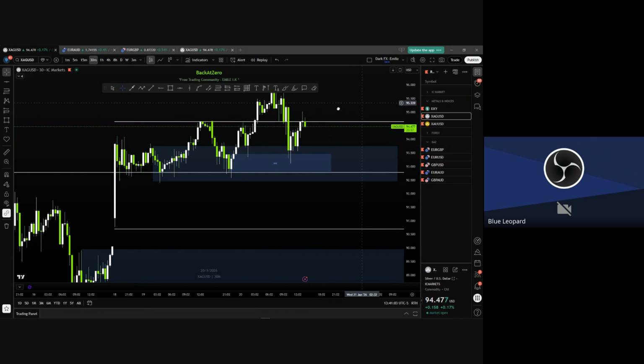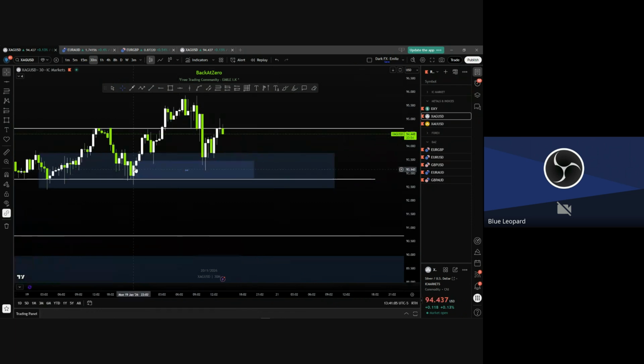Why? Because it's the last bearish move that got engulfed by the bullish move before we break out of this range. We broke out once, we went inside. After coming back, when did we break out again? Here. We broke out here. We came back, but we already broke out. So this is my H4.